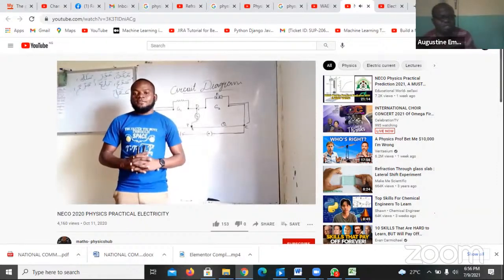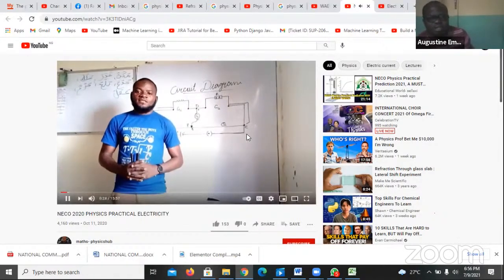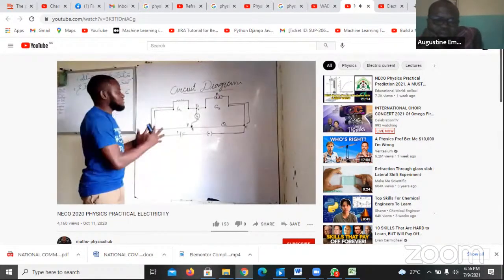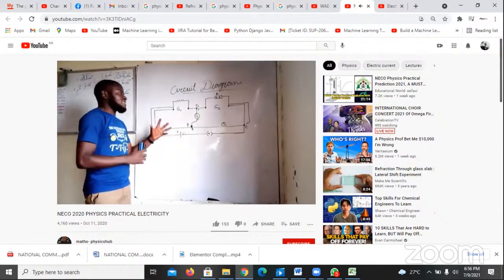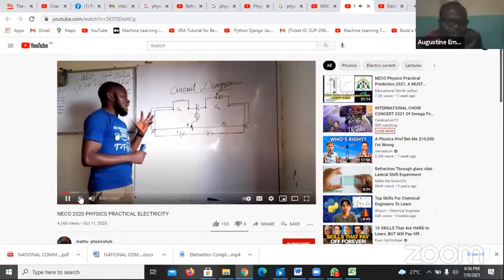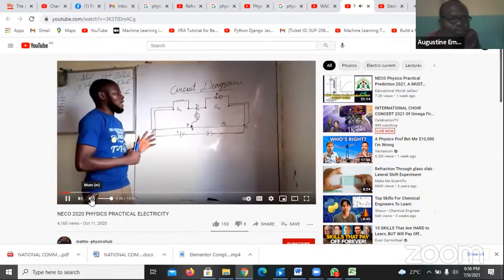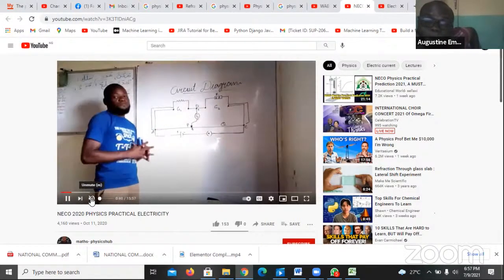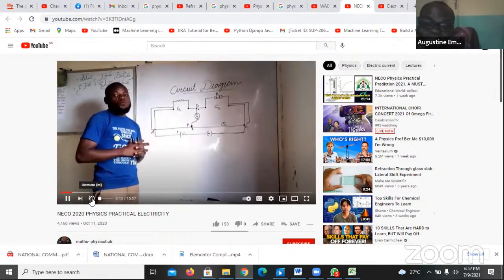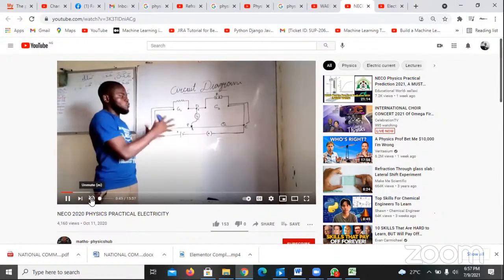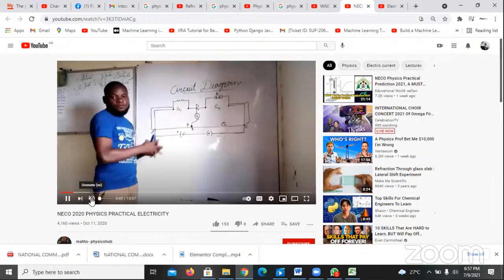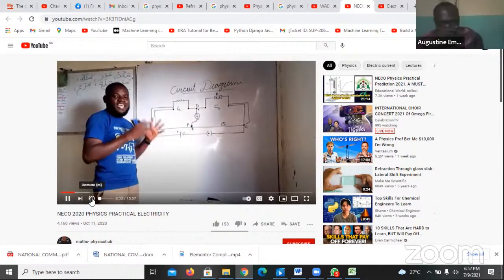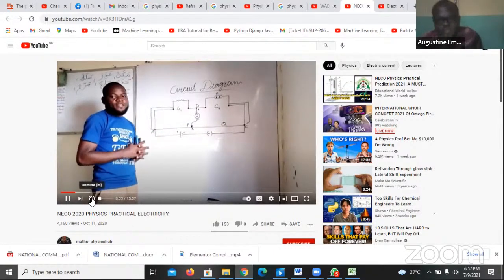So, Chika, were you given a diagram like this, a similar diagram, for the one you rehearsed? No, sir, they said they are not asking this one. Wait, let me remove the volume here so that I can hear you. Chika, what did you say? I was saying our teacher said they are not giving us this one. This is on meter bridge. Okay, this is not the one they are giving you.